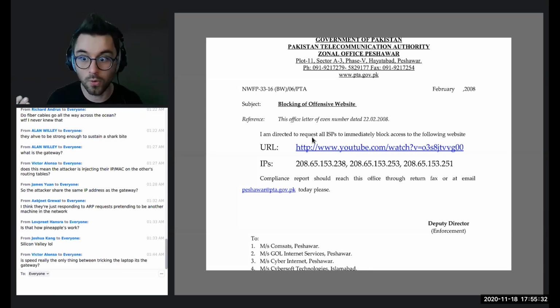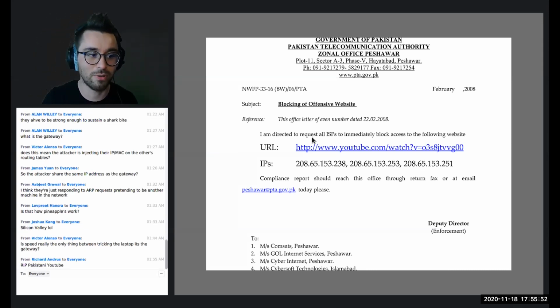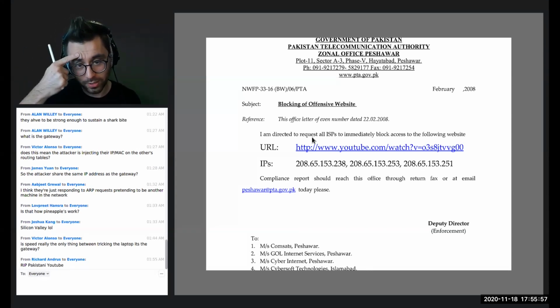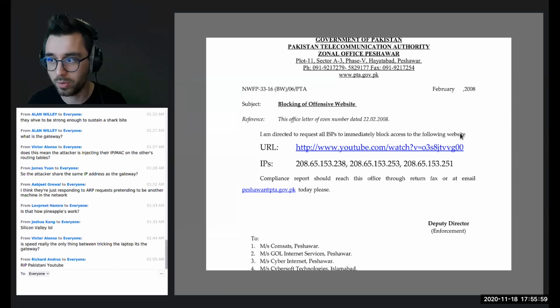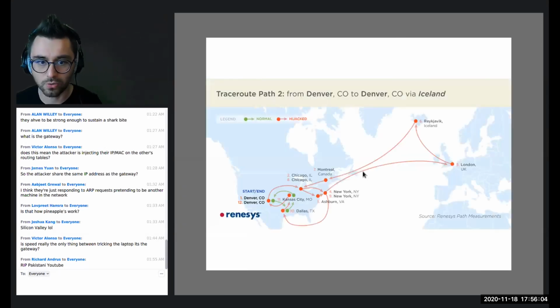And then all the neighbors are like, okay, you're trying to go to YouTube, that sounds great, this is how you get to YouTube. So everybody in Pakistan got to YouTube, which was a non-existent place because it got blackholed. But these routes were broadcasted outside of Pakistan. So basically, YouTube went down off the internet for a little while because everybody thought that this was the fastest route to YouTube. So they can really carry out pretty intense attacks in this way, and they're not the only ones. This has happened a bunch of times.